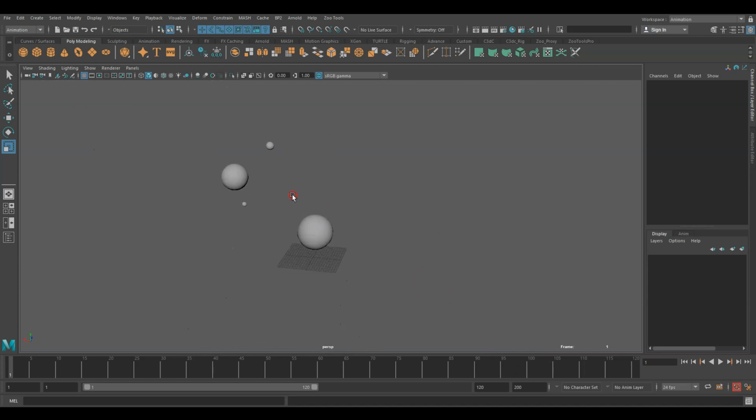Alt and left click to rotate the viewport, and Alt with the middle mouse button, press the middle mouse button and Alt, you can pan the viewport. You can also scroll the middle mouse button to zoom in and zoom out.